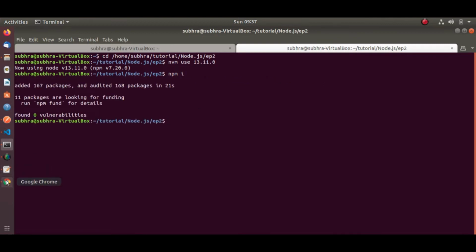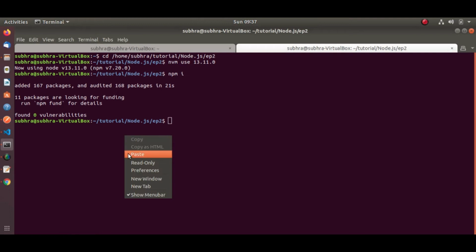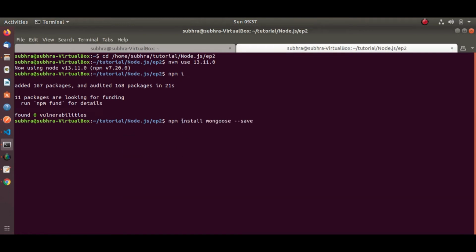Okay, then let me install this Mongoose module using the command npm install mongoose --save.